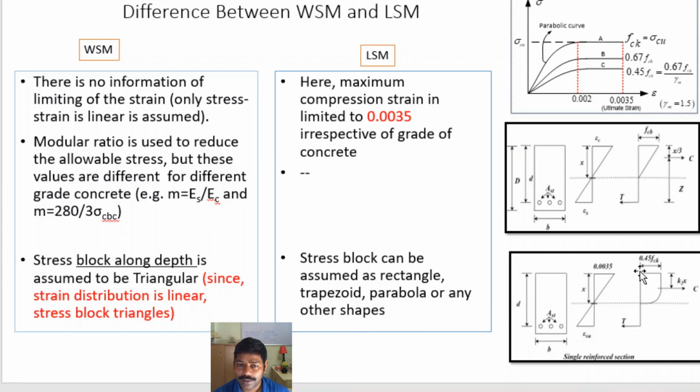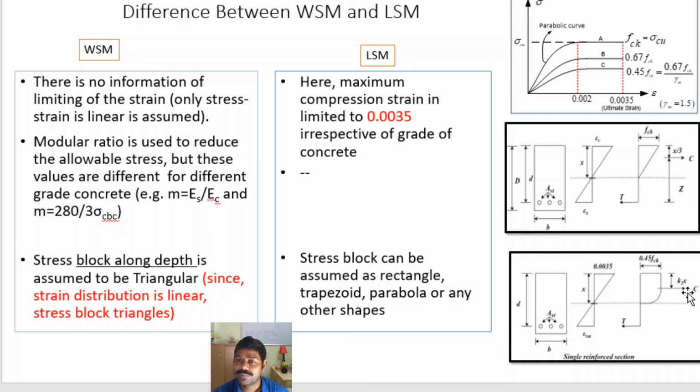So here the maximum stress will be 0.45 fck, and in most cases you will see we are assuming an initially rectangular part and then a parabolic part. We are assuming the top fiber is reaching the maximum allowable stress of 0.45 fck, at the same time the maximum allowable strain is 0.0035. After a certain depth that will be parabolic. So what is the compressive force carried by the concrete? Compressive force is carried by the concrete, and we represent it by the line C.